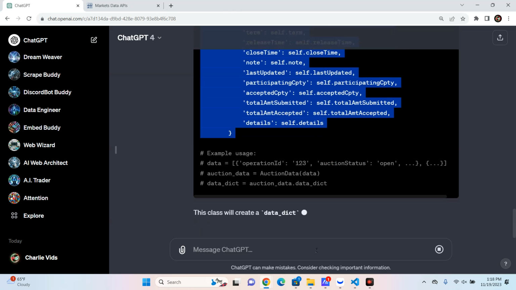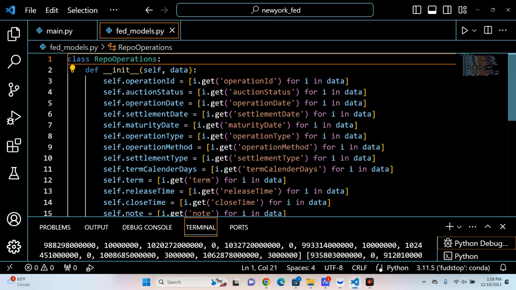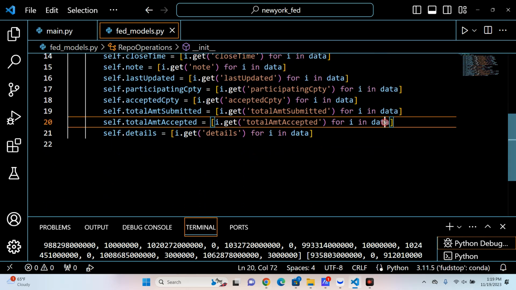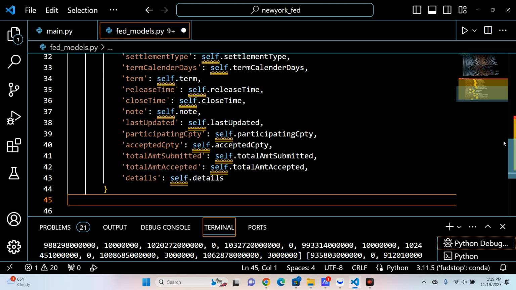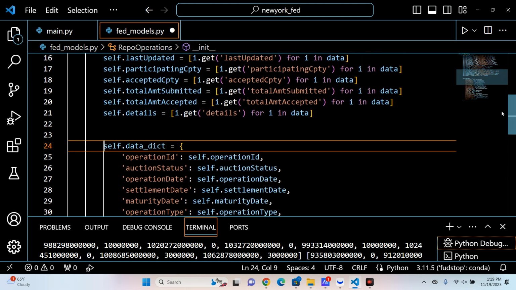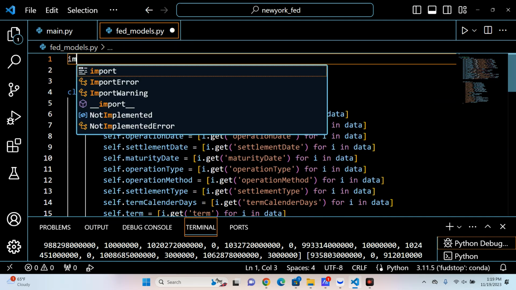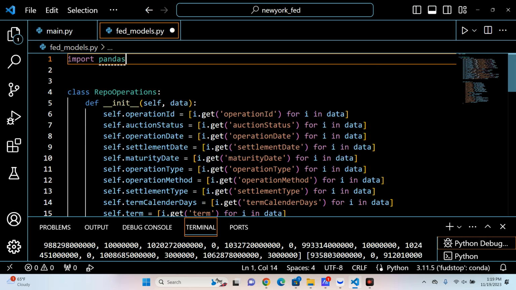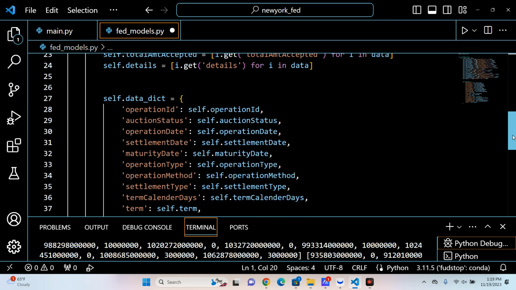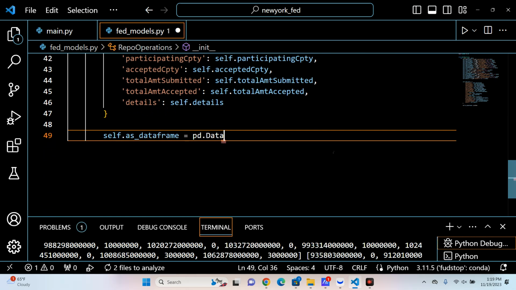This is exactly what I wanted. Now we can just simply copy this data dictionary and move it over to our models right here. Paste that down, and we're going to move this over. And there you have it. Now the last 2 things to do is we're just going to space this down. We're going to import pandas, which is essential for working with data frames. We're going to import it as pd. And then the last piece of code that goes in this file is self.as_data_frame equals pd.DataFrame